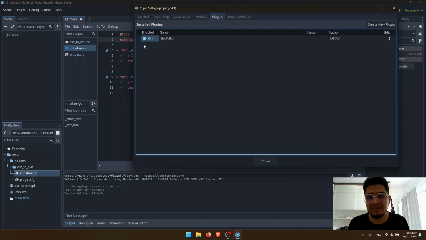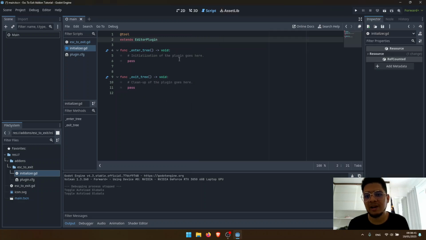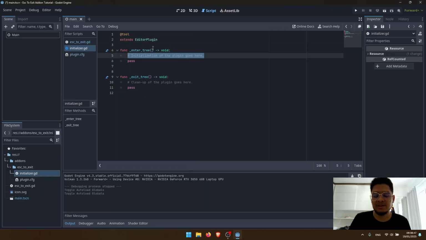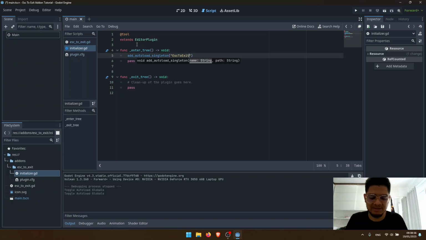Whenever we click on enable here, this function handler is going to be called. When we uncheck enabled, this exit tree is going to be triggered. And what I want to do is, when the plugin is enabled, I'm going to add the autoload Esc To Exit,